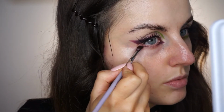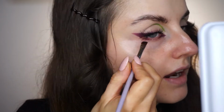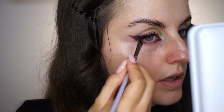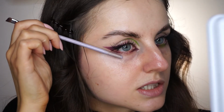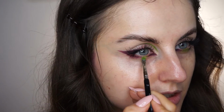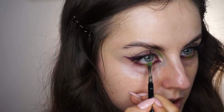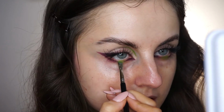And I'll also apply this same shade on the outer corner of my lower lash line, and I'll make sure to connect it to the top part. So again, it kind of creates a straight line here. I'll move back to the greens and I will apply it in the center of my lower lash line. And I'm actually going to attempt to apply it on my waterline. It's not going to last because it's an eyeshadow, but